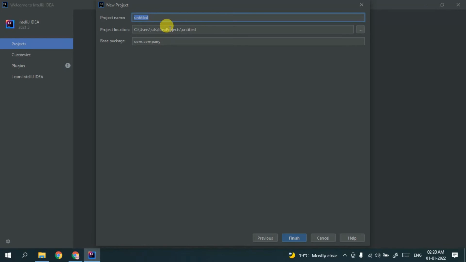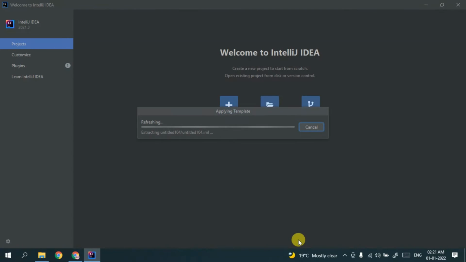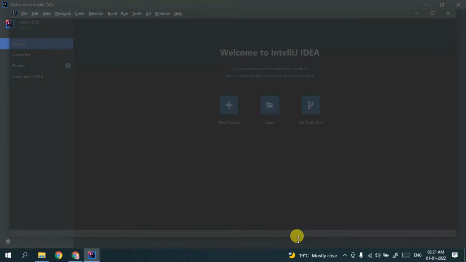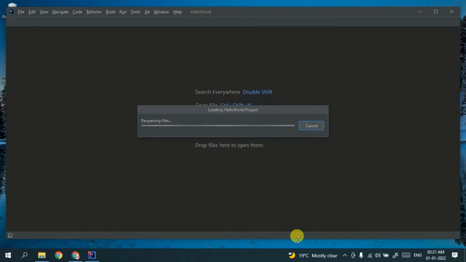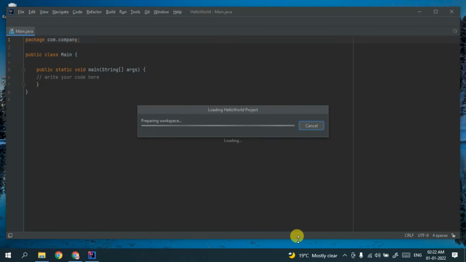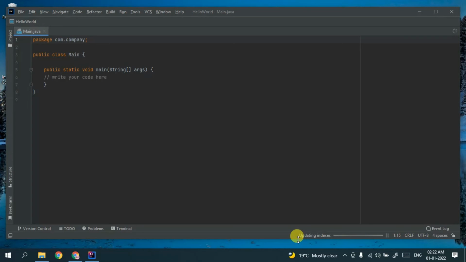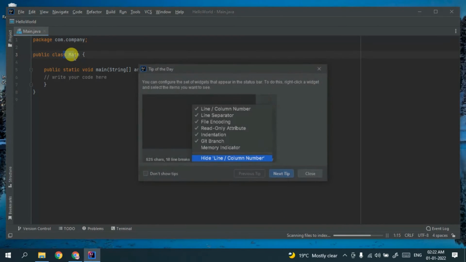Now it's time to give a project name. So let's give the project name as hello world, right? And it is going to create this hello world in our IDEA projects directory over there. Then just click on finish. What it will do is start creating our hello world project. You can see it is currently loading components, and it is currently loading our hello world project. And our hello world project has been opened over here. So our main class is also created,